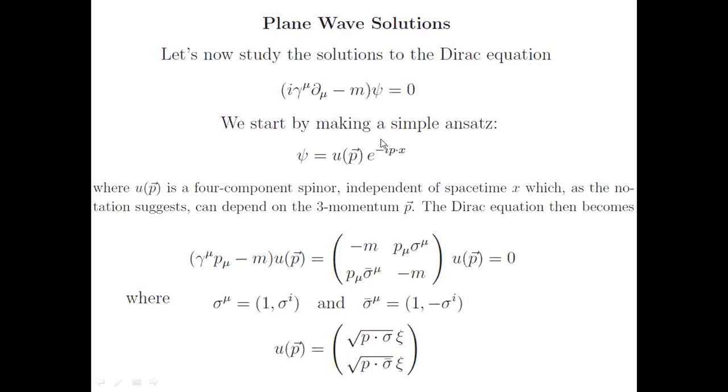The ansatz is given by this, where e to the power minus ipx is simply the plane wave part, and u(p) is the spinor part. Now, what is u(p)? I will explain. The gamma mu matrices are basically 4-dimensional matrices. We cannot have gamma mu matrices of dimensions lower than 4, they are at least of dimension 4. So u(p) is basically a 4 cross 1 spinor. It has 4 components.